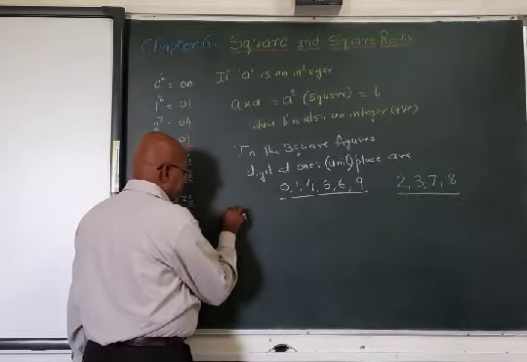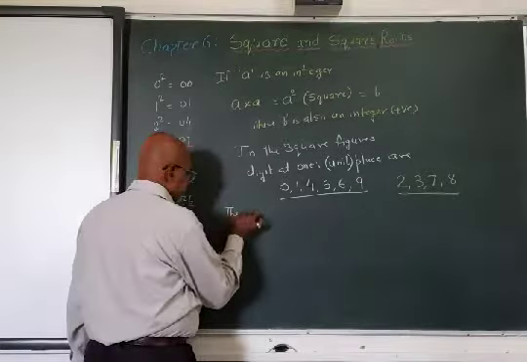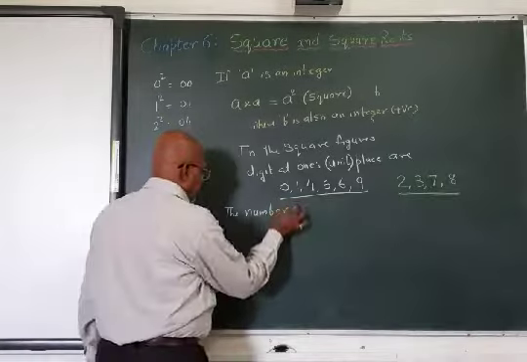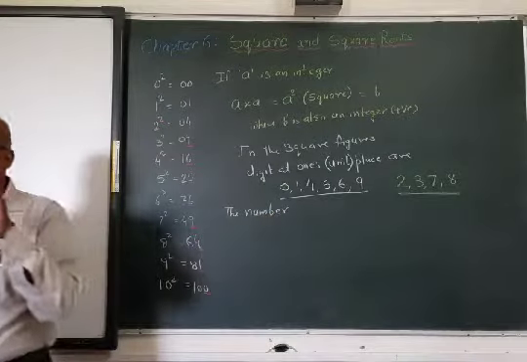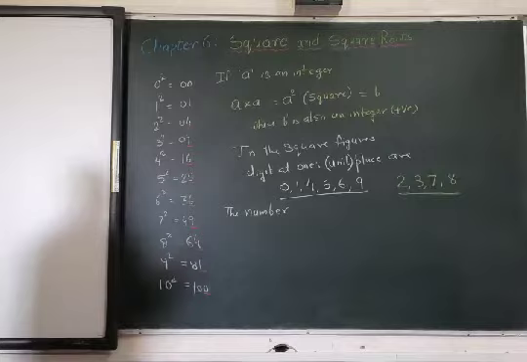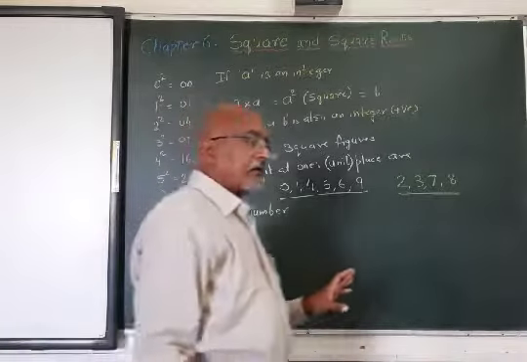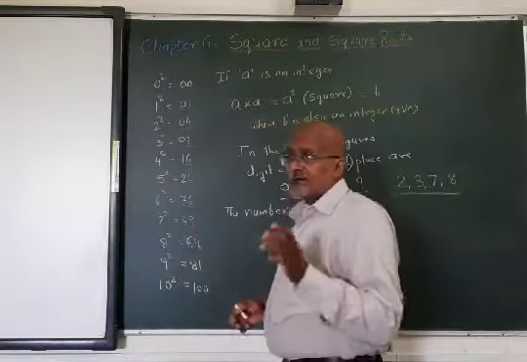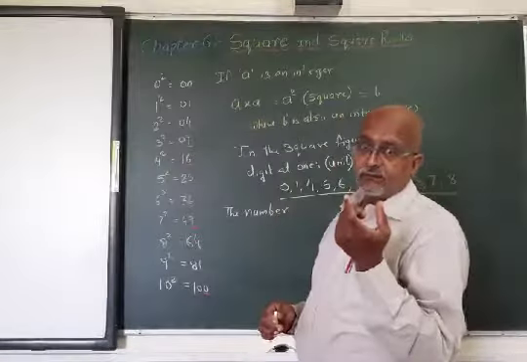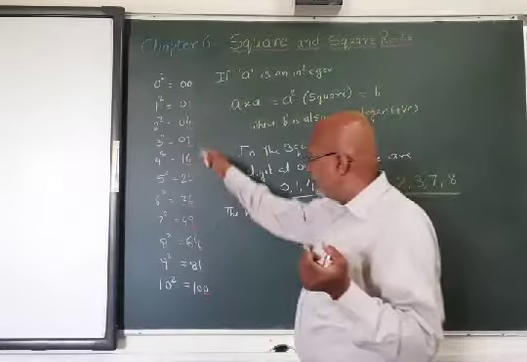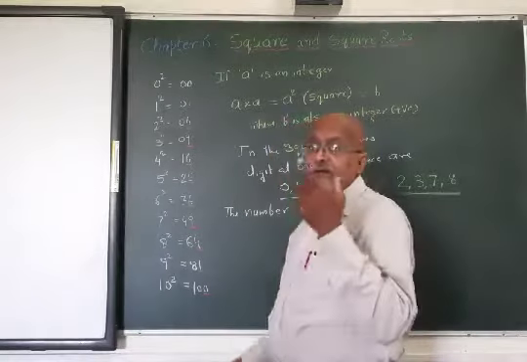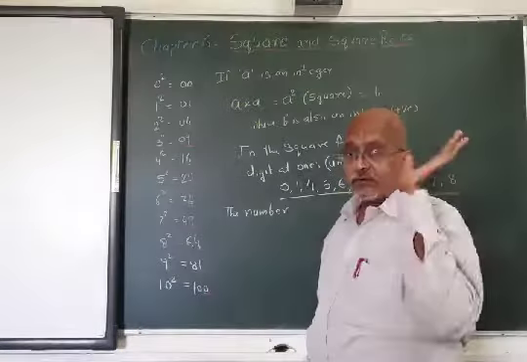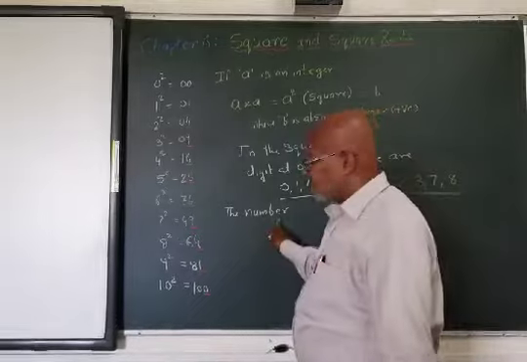The property is the number. Now these may be any number. It may be 1 digit, 2 digit, 3 digit, 4 digit, 5 digits, any number of digits it may be. It may be a 2 digit number, 3 digit, 4 digit, 5 digit, 6 digit, 7 digit, whatever number of digits may be there in a number.